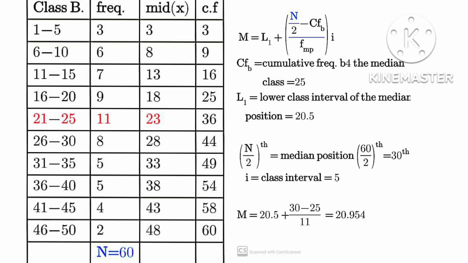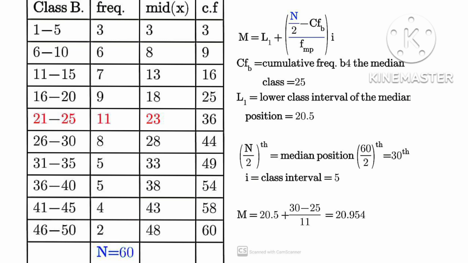we have all our parameters. So 20.5 plus 30 minus 25 divided by 11, so we arrive at our final answer as 20.954. And of course there are other methods you can use in solving this, but this is the available method for